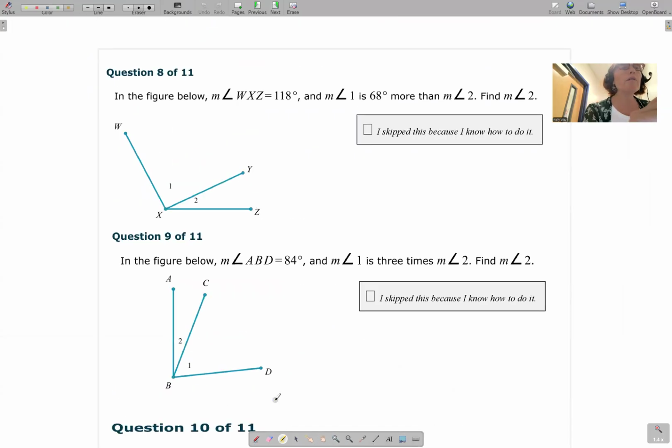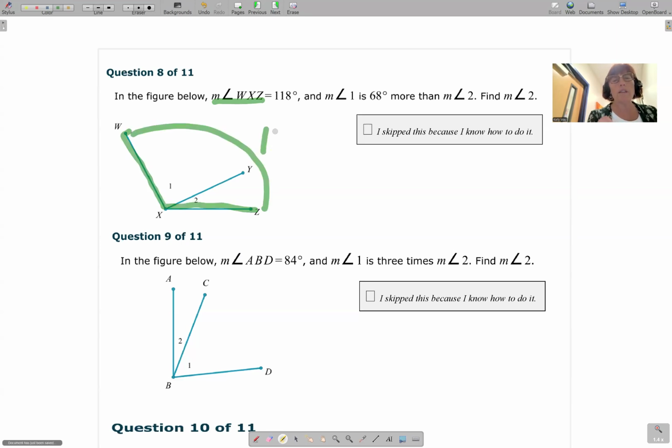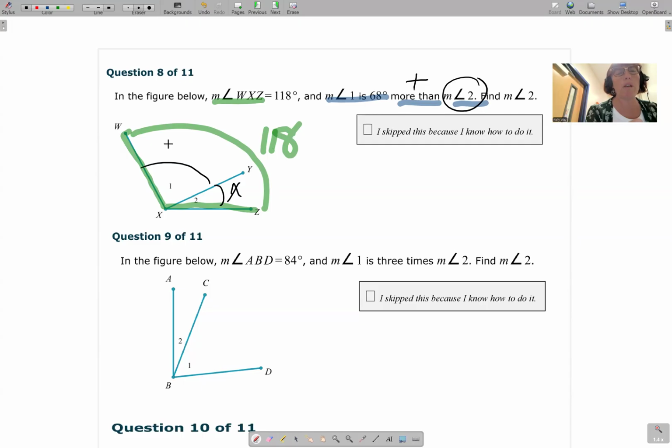Taking a look here, it says the measure of angle WXZ. So you trace and sweep, 118. This is where colors come in really helpful. Measure angle 1 is 68 more than angle 2. The concept of more than and less than would be plus or minus. So more than 2. You don't know 2, so 2 will be your x. And that would make angle 1